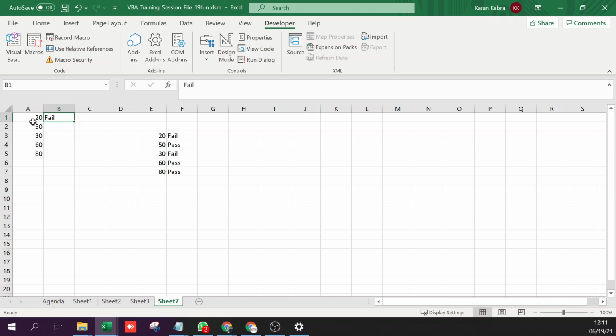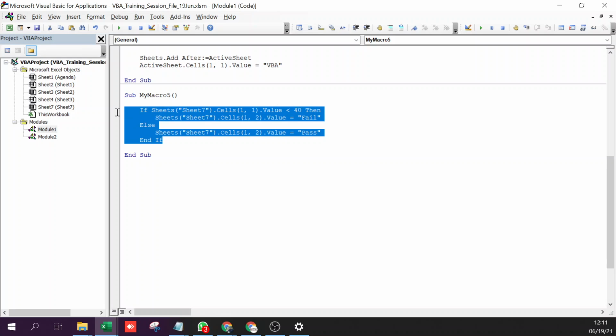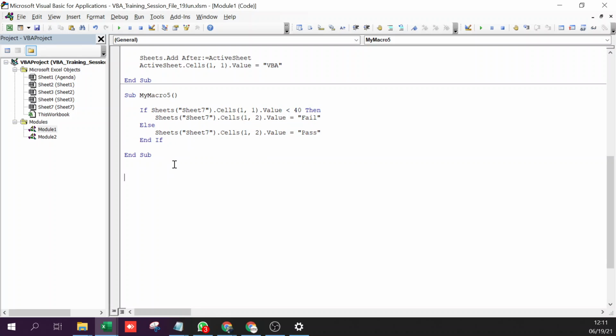Right? If you have to put fail pass for all of these cells, there's no need to write this code all over again. There is a way to run this code again and again and again, which I will show you. Right? But I hope this part is clear. This is very simple syntax. And I mean, there are quite a few things that I am not even telling you at this point. Maybe we can probably plan another session for that.